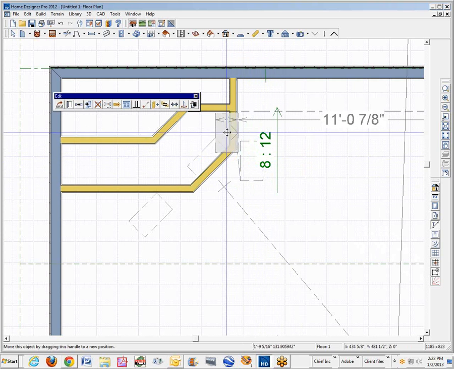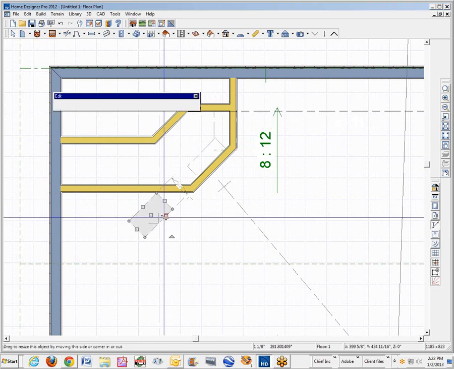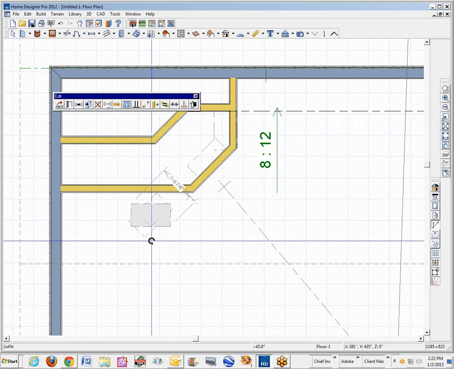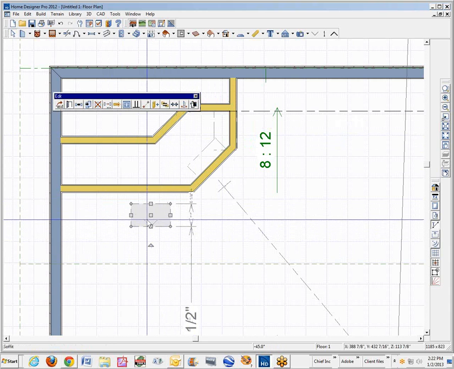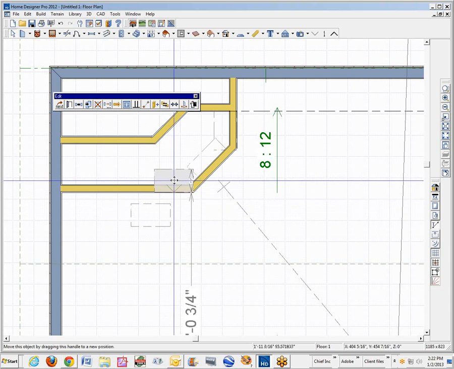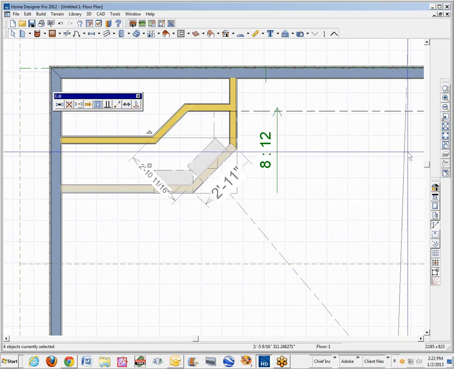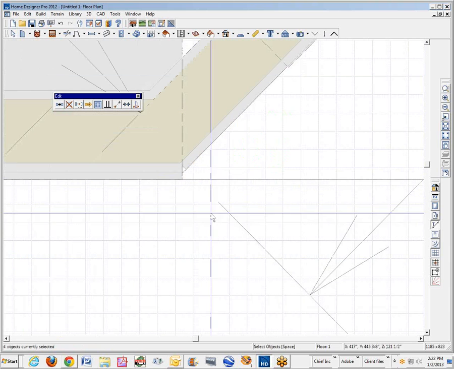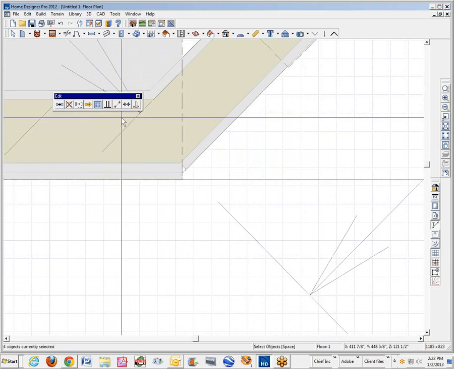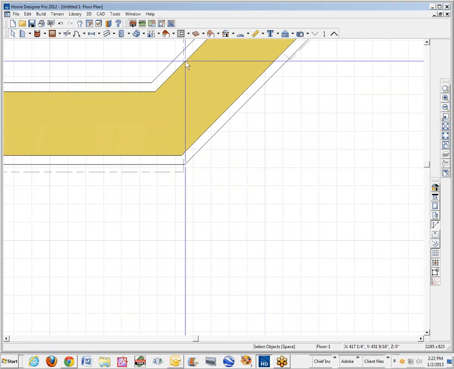I'm using the Control key, otherwise the soffit would want to bump into the wall. So that's left click to select, press the Control key, then left click on the move handle, the one with the 4 arrows on it. Move that right out there to the corner. I'm going to zoom in to get this a little more exact. We'll use a point-to-point move to get that corner of the soffit right on the corner of the